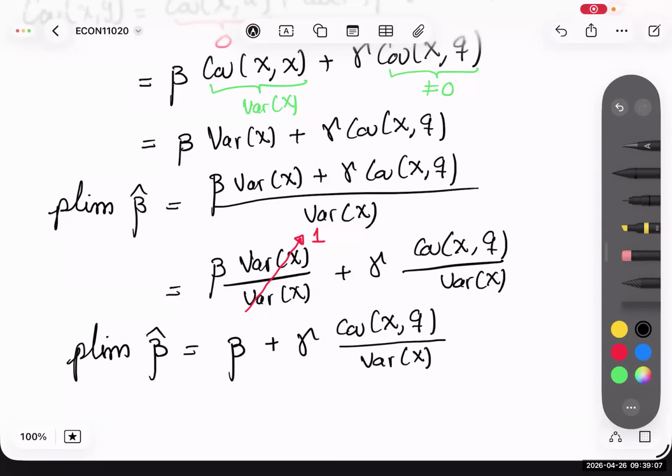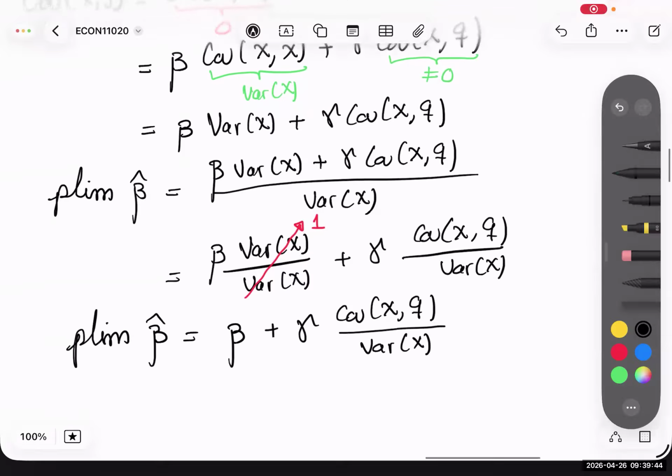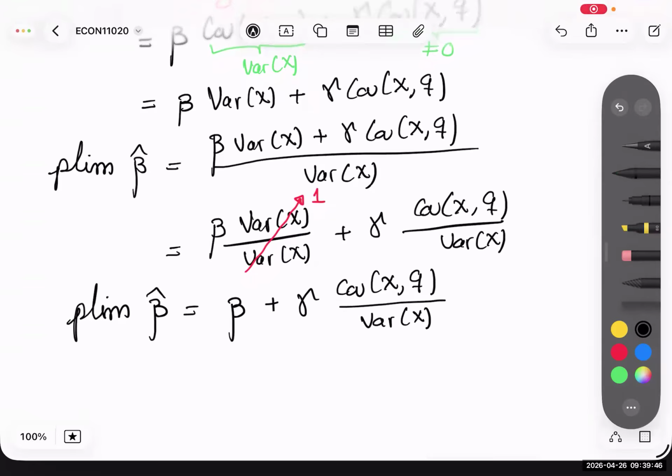Which we said depends on the sign of the association between the omitted variable and the dependent variable, and also the sign of the association between X and Q, the covariance of X and Q, which is the regressor in this example, education, and cognitive abilities, which in this case is the omitted variable. So we talked about those cases. Since the purpose of this video is to show you only these mathematical derivations, because we talk about intuition in class, I'm not gonna explain again the direction of the bias, but at least with this,